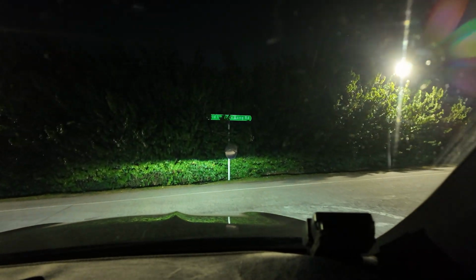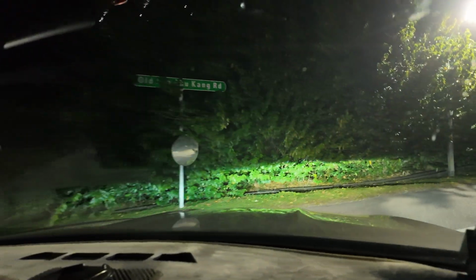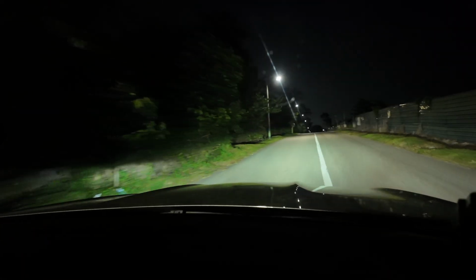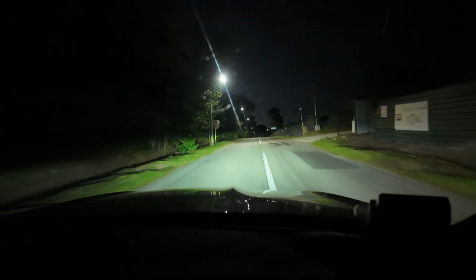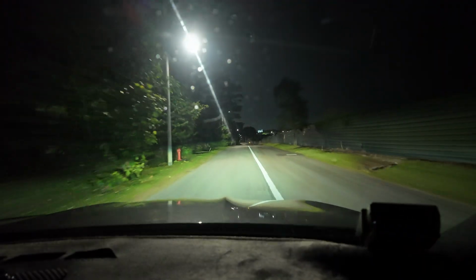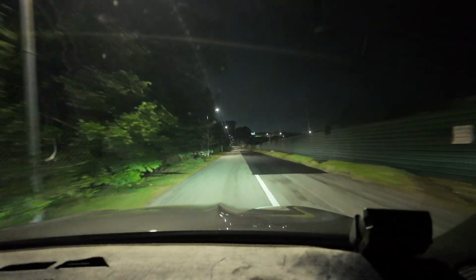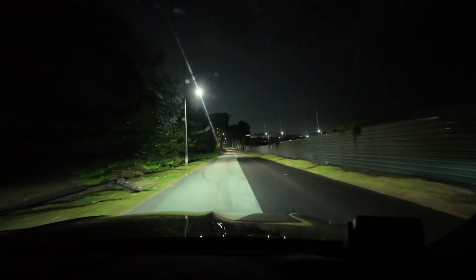Oh, and then now we are here at, you see, the old Lim Chu Kang Road, right? I don't think we can turn left because that goes into the air base, right? But I'll just turn right because I don't want to be violating anything. But you see a lot of construction here, and it's a kind of a rough road, right? So I think this was the old Lim Chu Kang Road, which once it's closed and turned over to MINDEF,